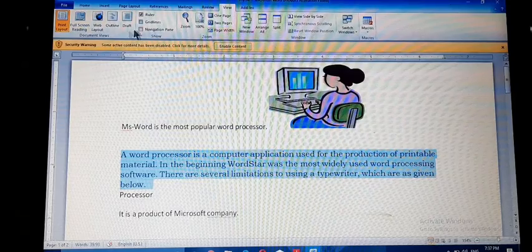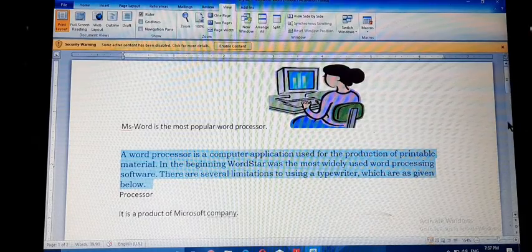These are the ribbons. This is the ruler bar. This is the status bar. This is the left ruler bar, and this is the scroll bar. This is the vertical scroll bar, and here is displayed the horizontal scroll bar.